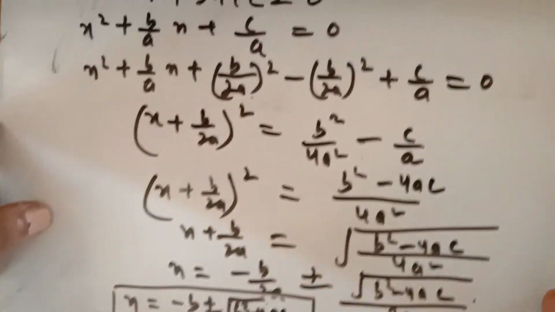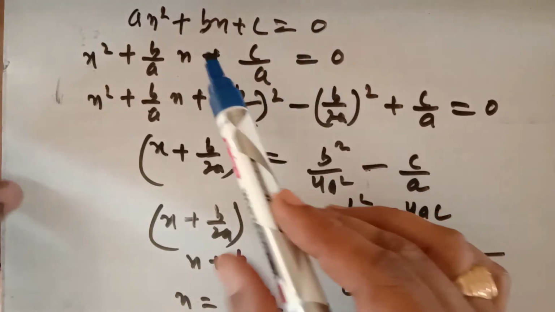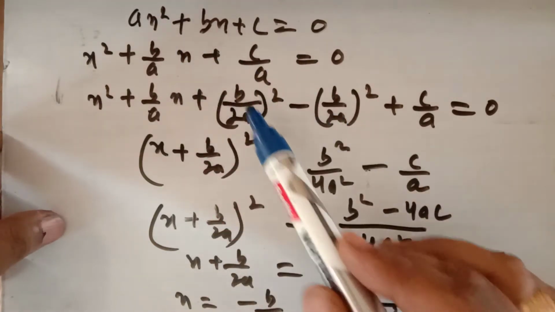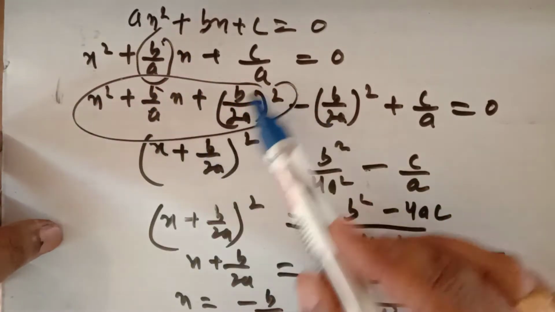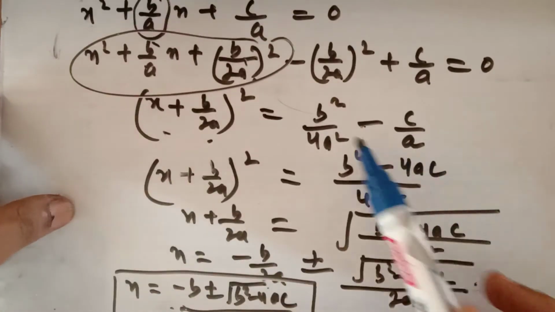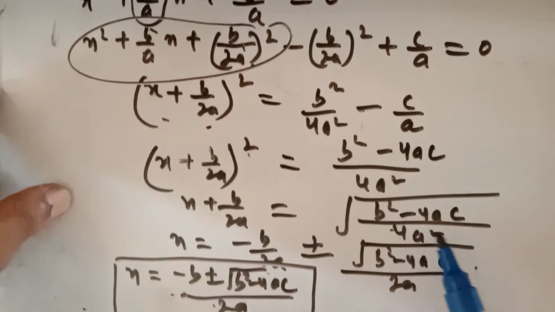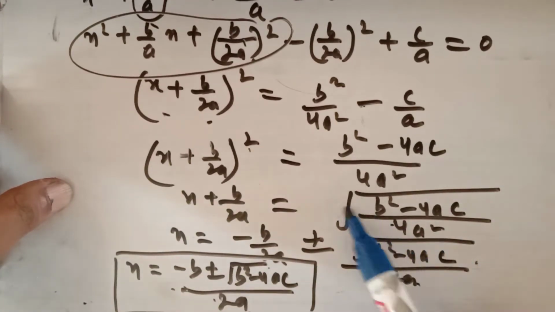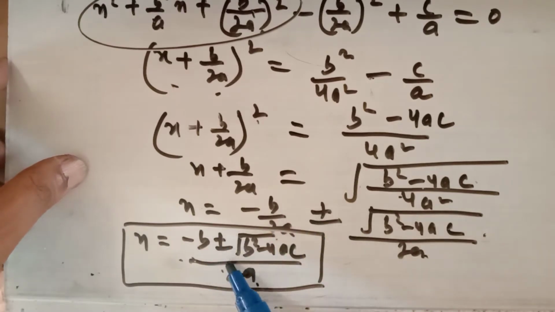What I have done is first of all divided the whole equation by a so that the coefficient of x square should be equal to 1. Then I have added and subtracted the square of half of the coefficient of x, which is b upon 2a. The whole square of the first three terms will be a plus b whole square. I have taken all the terms to the right hand side and subtracted it, removed the square from the left, so it will be square root on the right hand side. The square root of 4a square will be 2a, and the square root of b square minus 4ac as it is, and when we remove the square root, it will be plus minus sign. So adding it, it will be minus b plus minus root b square minus 4ac upon 2a.